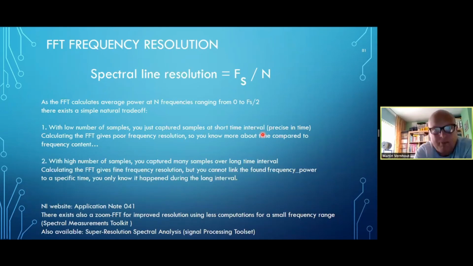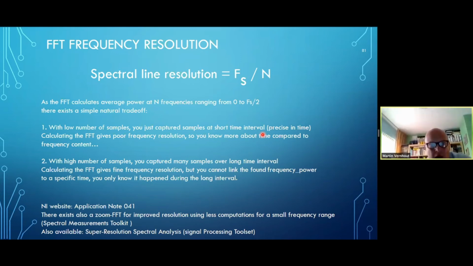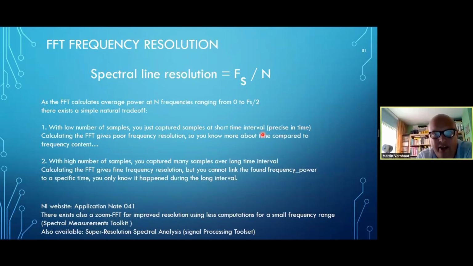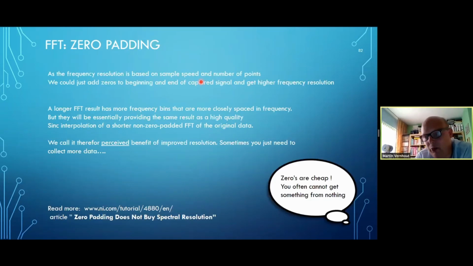So the FFT. If you perform an FFT, your time domain signal will become a frequency domain signal, and the spectral line resolution will be divided by the number of samples in your set. Let's see, zero padding. Zero padding, that's adding zeros to your signal, which seems to increase the N. And if the N increases, your spectral line resolution gets lower, so you get more if you add zeros. But often when it sounds too good to be true, it's not true at all. You actually do not gain any additional resolution. It just looks that way.